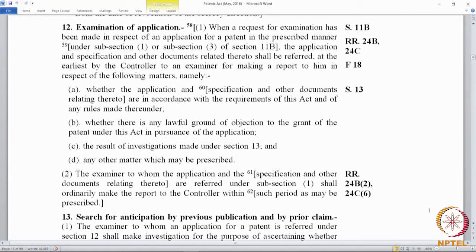So, the examiner has to look into these 4 things and make a report on these 4 things to the controller, and the report that the examiner makes to the controller shall be confidential. Section 144 states that reports of examiners are to be confidential. The report of examiners to the controller under this Act, which is made under section 12, shall not be open to public inspection or be published by the controller,